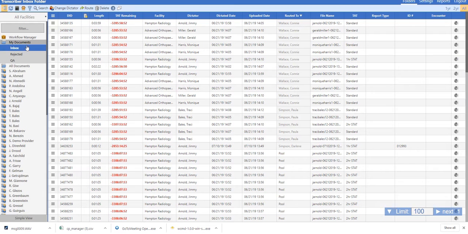So here to the left, you're going to see some main folders. You're going to have a workflow manager, My Documents, and All Documents. So let's look at the My Documents folder. In your My Documents folder, you have an Inbox, Rejected, and QA folder. In the Inbox folder, you're going to have